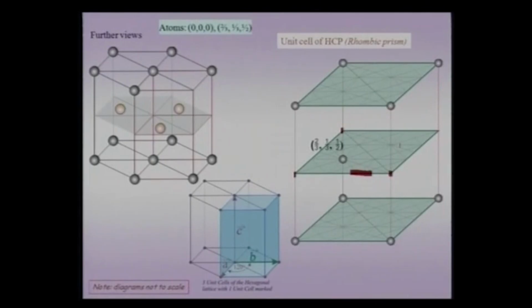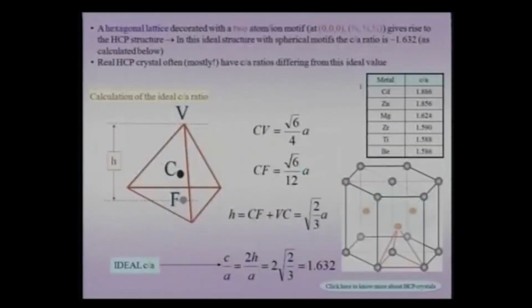So this atom is located at the centroid of this triangle, which is nothing but the midplane of the half triangular prism. So this is where the additional atom is located, and next we will try to calculate what is known as the ideal C by A ratio for a hexagonal closed packed crystal. Now we have packed the layers along the C direction,